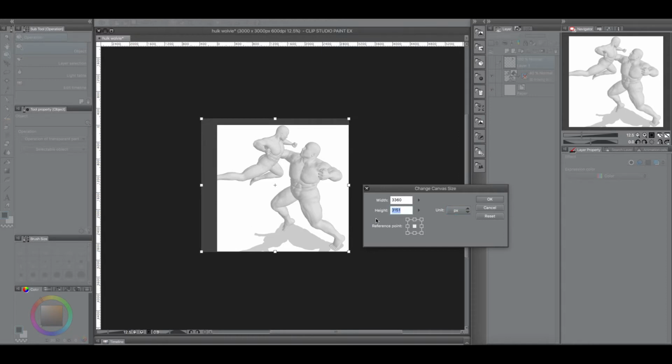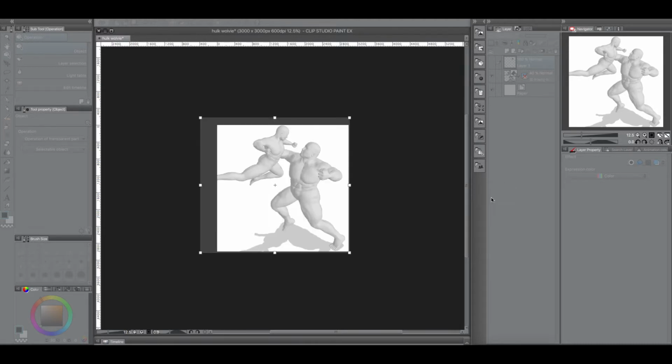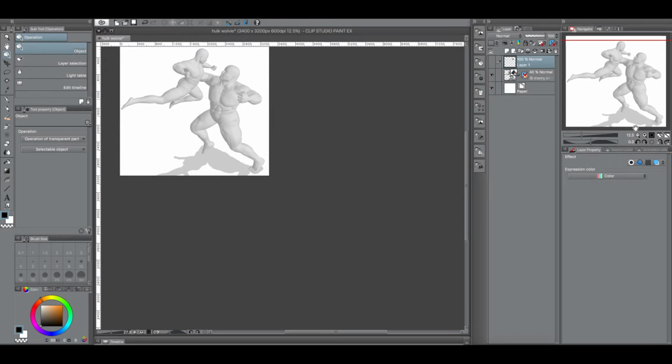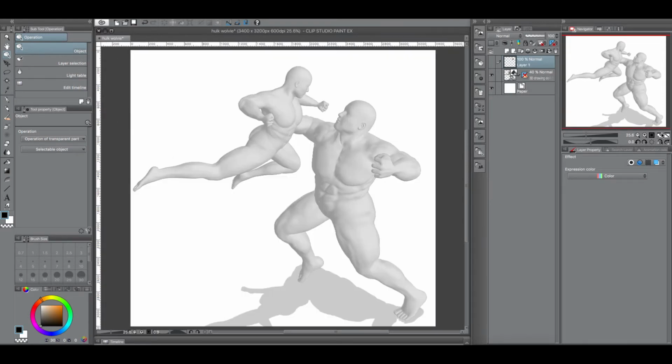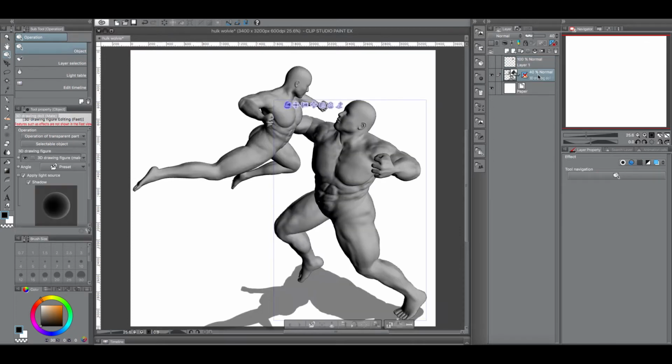Now I'm going to change the canvas size manually, and then I look over at these numbers, and then I'll just round up. So I'll make this 3200 pixels, and the width I will make 3400 pixels. Kind of a weird dimension, but for right now it puts the whole figure in the canvas. So I might scale the drawing down to a more traditional canvas size once I'm finished. So, another thing that I wanted to go over was